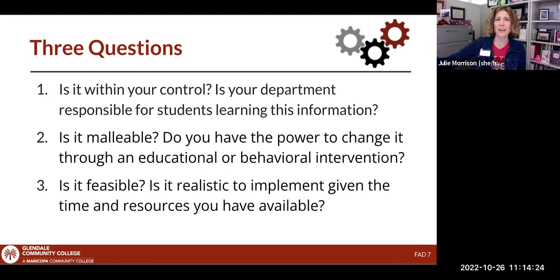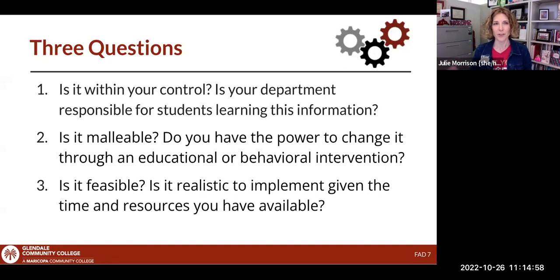And you don't necessarily have to know exactly how to do that part. That's where assessment might come in, because sometimes that's the trick. Like, what is it that we do to make sure students understand the difference between an F and a W? And then the last one, is it feasible? We all know that we've been very, very overwhelmed. There's been a lot of churn at our institution, a lot of things we're working through. So do you have the time and resources right now to do whatever this thing is? Because sometimes you're like, this is a great goal, but we don't have the time and resources right now, but it might be something we can do later.